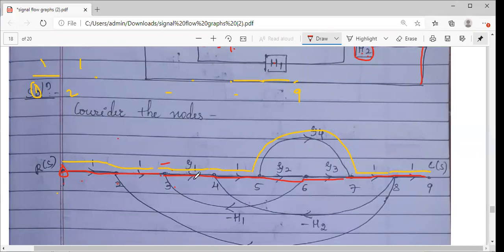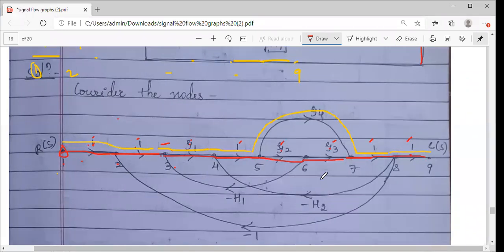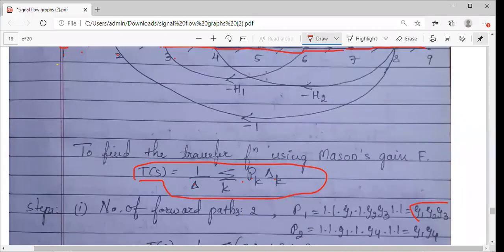And we talk every term here in terms of the gain value. So what is the gain for the first forward path? The red color line, it is 1 into 1 into G1 into 1 into G2 into G3 into 1 into 1. See, when I'm giving you the gain value, I'm mentioning 1, 1 also, just to make you understand that instead of 1, if there was some other value, you would consider it. But here nothing is specified, so 1. So that is the gain in that path. So what is the overall gain for this first forward path? G1, G2 into G3. First forward path, G1, G2 into G3.